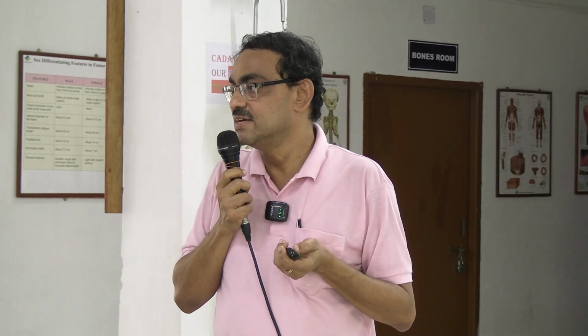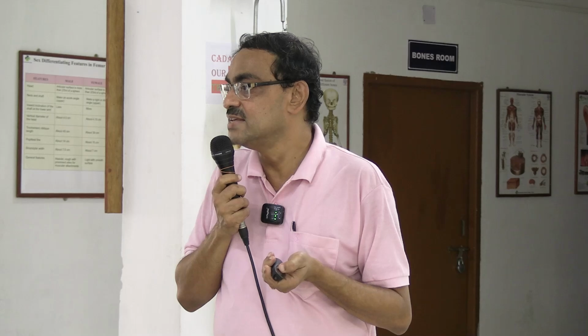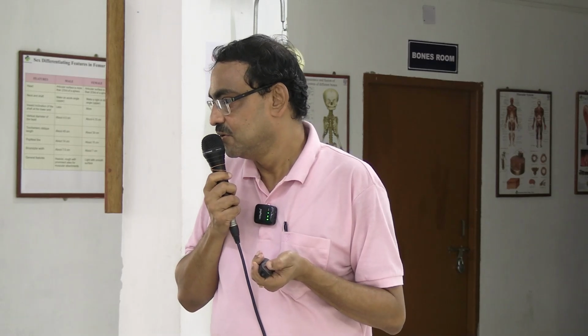It is the only muscle of the third arch, the stylopharyngeus, and it carries its own branch, the glossopharyngeal nerve. It is supplied exclusively by the glossopharyngeal nerve, and it passes in between